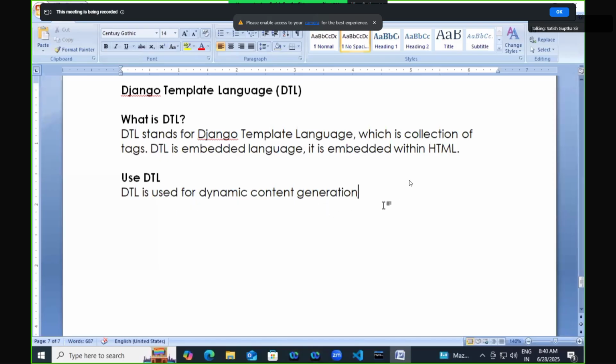DTL provides some special tags by using which you can insert data, and you can perform programming language operations, like it provides conditionals. If you want to write a condition in HTML, if you want to use inheritance in HTML, if you want to use a for loop in HTML, you can do all this by using which language? DTL. For example, you want